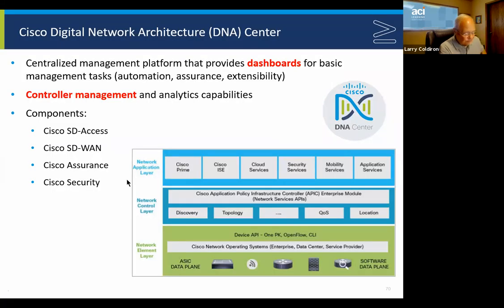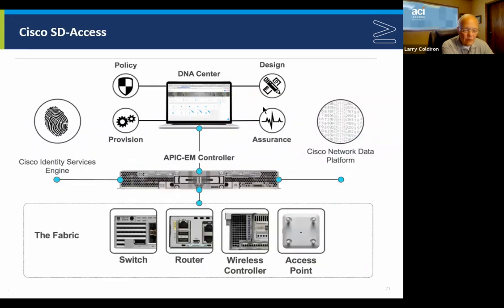So the DNA Center, and maybe the overview didn't mean a whole lot, but what you can actually do with it is large scale. I didn't get a price list here, but the price lists go from like $50,000 to probably $150,000 for this thing. They got one that says free, and I have no idea what you have to sign up for to do that. But the SD-Access, or software-defined access, automating one policy across the entire network. The DNA Center, the APIC-EM controller that he talked about. And again, if you want to see what it is, the APIC-EM,